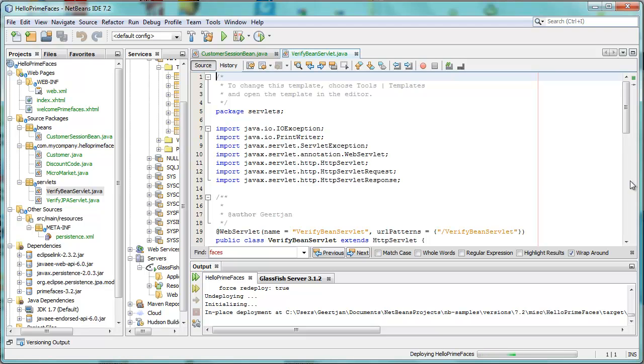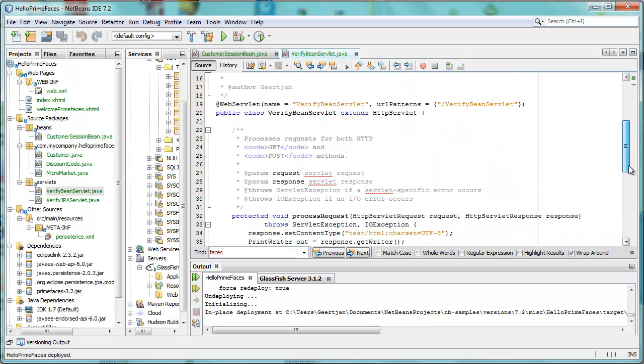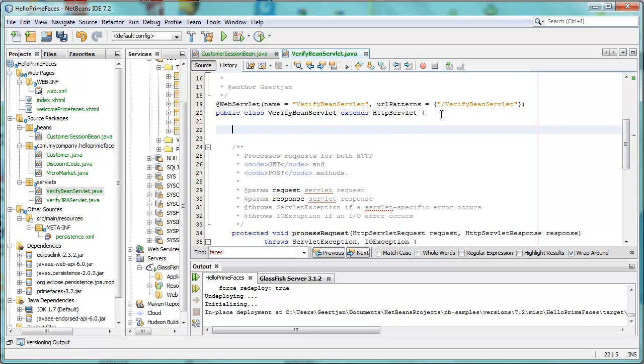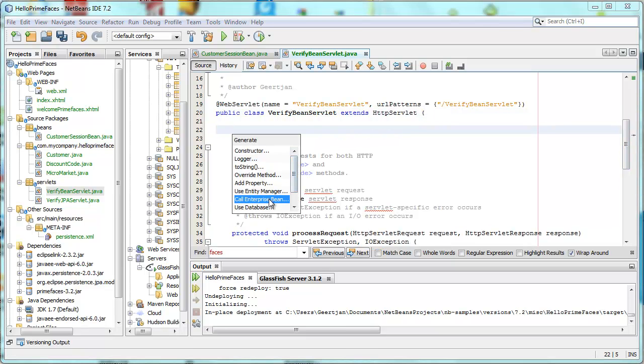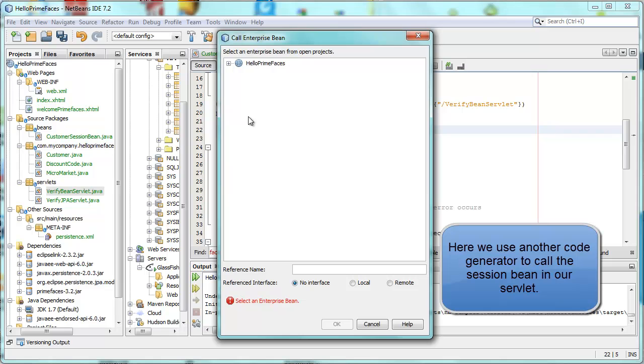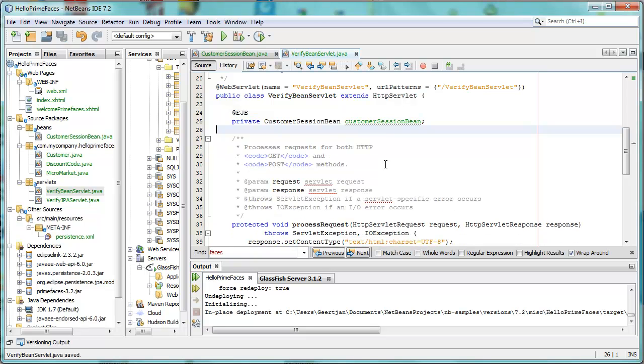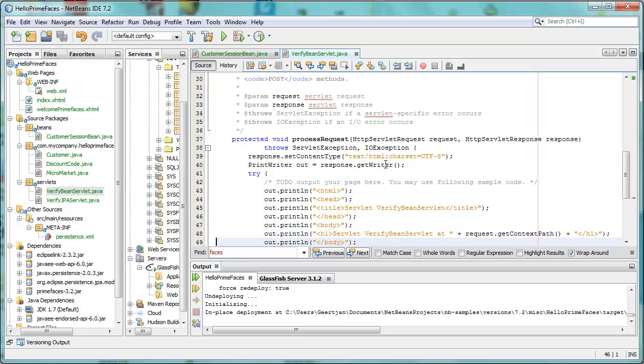Again, we will use annotations, so no registration in the web.xml file is needed. Here in this servlet, we will not use the entity manager because the bean is using the entity manager. Instead, we're going to call the bean. Here's the bean, call it. There it is. We're injecting the session bean into our servlet,